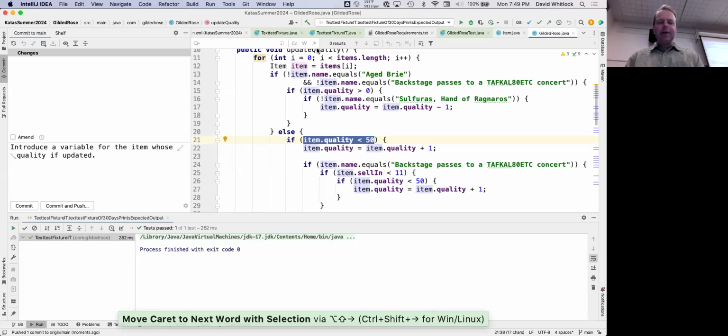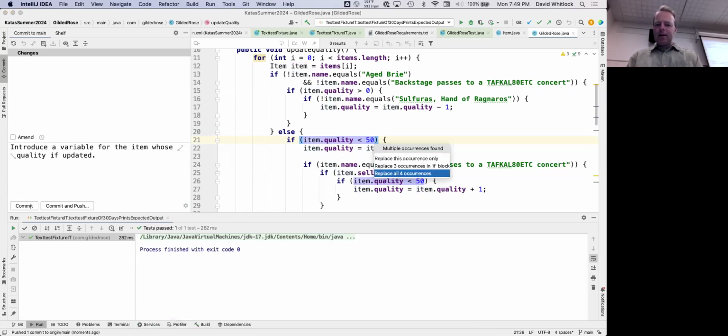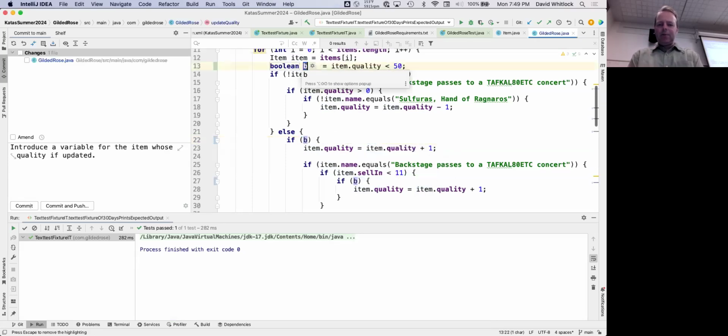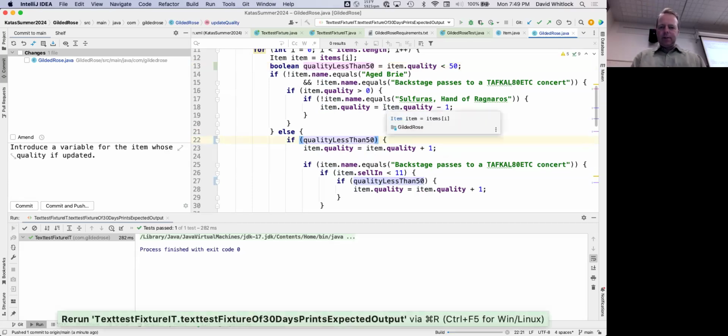I had the paren in the selection. Replace all 4 occurrences. So I'm going to call it quality less than 50. Okay. Nice. And again, that shouldn't change much of anything.